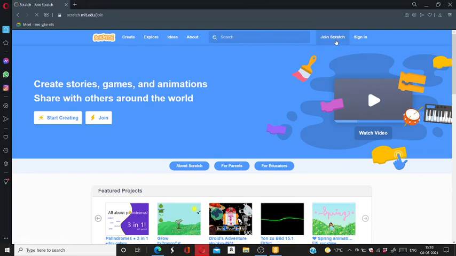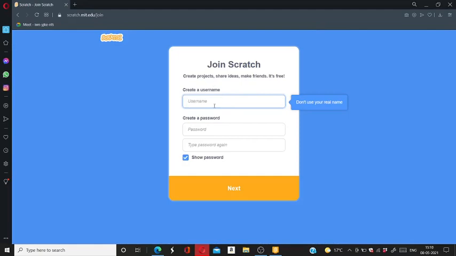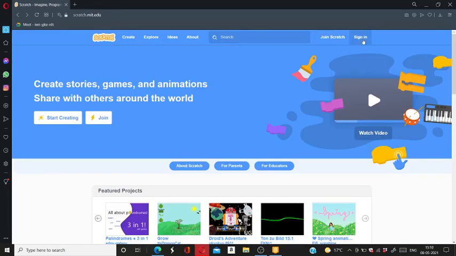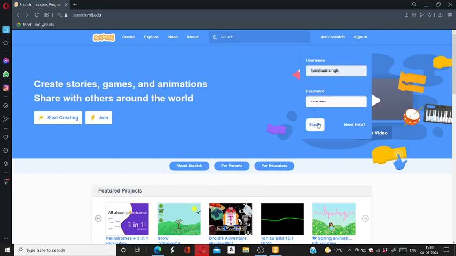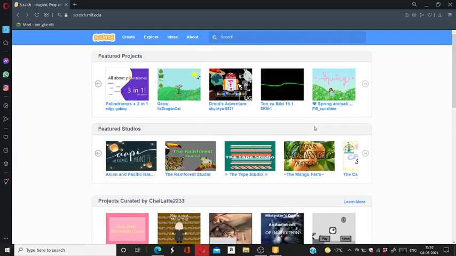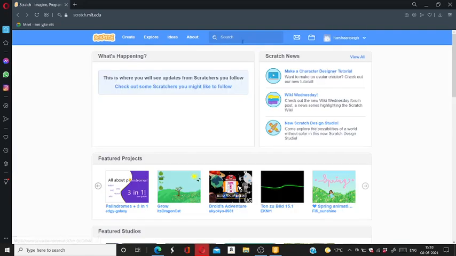If you click on join Scratch, you will enter a username, make your password, click on next, and it will ask you some questions. So you can make your account. Then sign in, put your username and password, click on sign in, and here you will go to the profile and do all that.